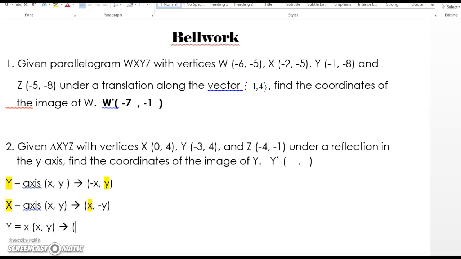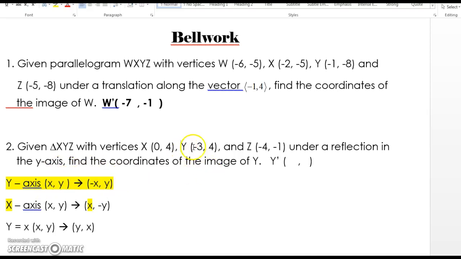The only thing you do is change the order of the x and y values of your coordinate. So you would change the point (x, y) to actually the order (y, x) in order to get your image. So going back to the question, we are reflecting over the y-axis. So we're going to use this motion rule right here. Reflecting over the y-axis, we will change the x value, we'll change the sign, but the y value will stay